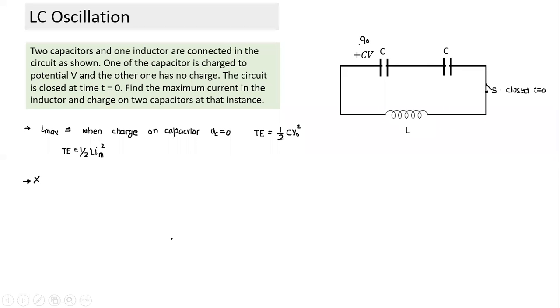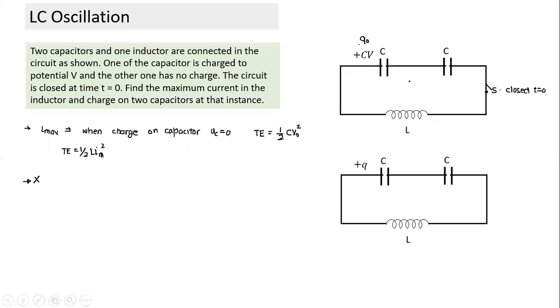Very good. Your answer is correct, one is decreasing and one is increasing. Right, but can you explain better? Why can the charge not drop to 0 here? See, basically what you're saying is that the energy becomes minimum when the charge on the capacitor is 0. 0 means it should be 0 on both the capacitors. Can the charge on both capacitors become 0? Why can't it become 0? Charge from one capacitor will go to the other.